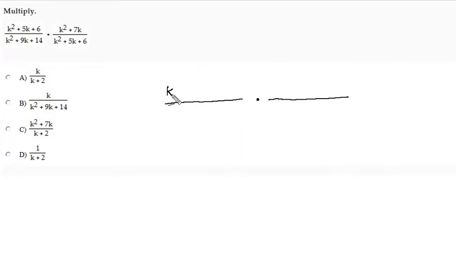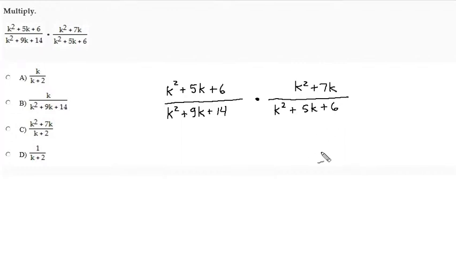The first fraction, k squared plus 5k plus 6 over k squared plus 9k plus 14, times k squared plus 7k over k squared plus 5k plus 6. This is the problem at hand. Now, in general,